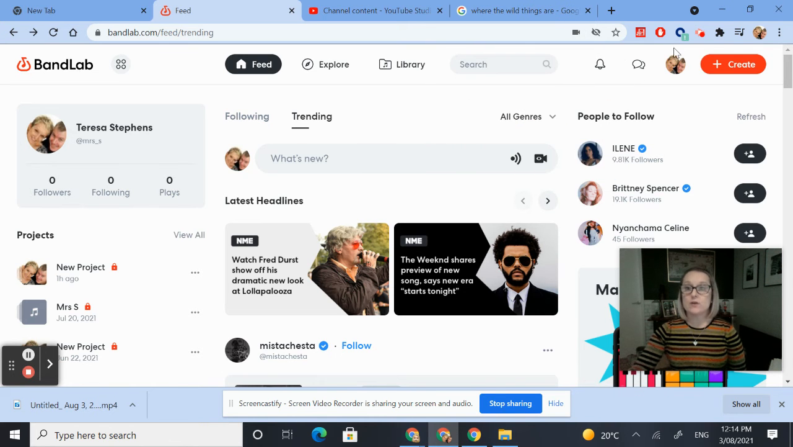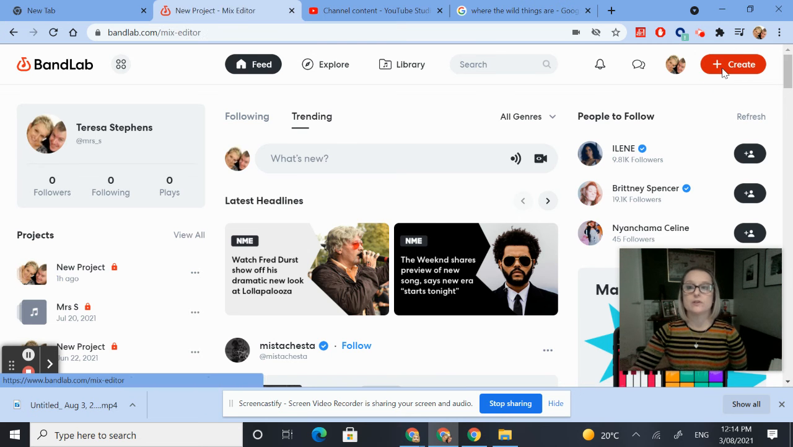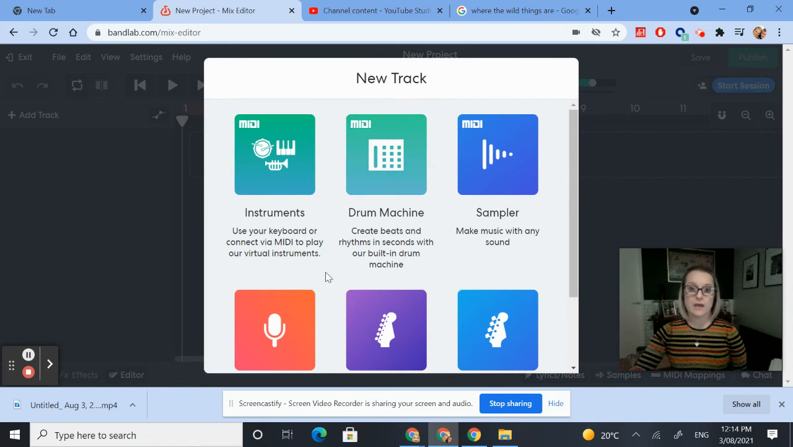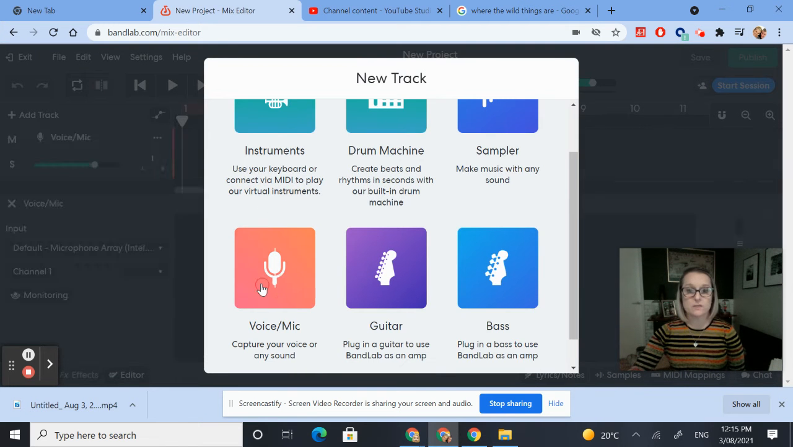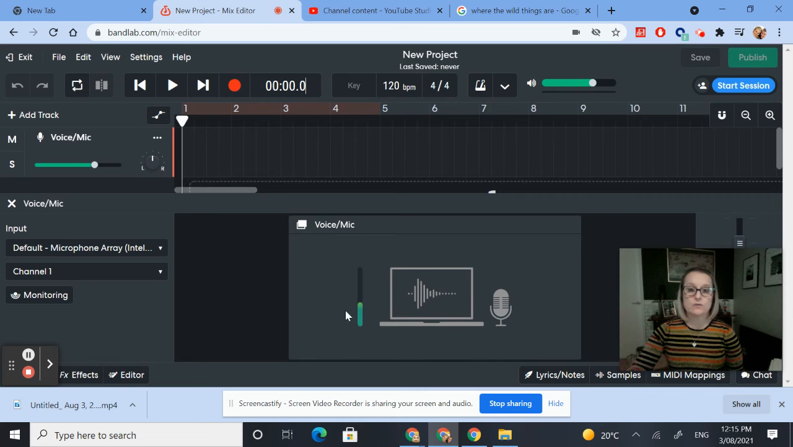So we're going to actually create a new project. We're going to begin to work on our BandLab project. So I click on create. I select the voice microphone. You can see this green line right here is moving when my voice moves and talks, so that means everything should be working. And just to double check that, make sure over here on import, it's still got the microphone